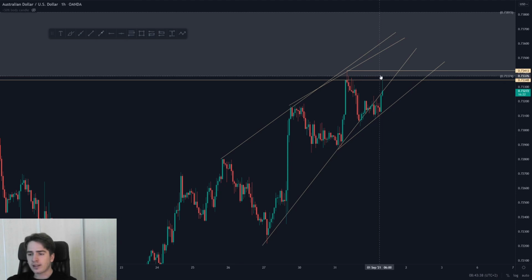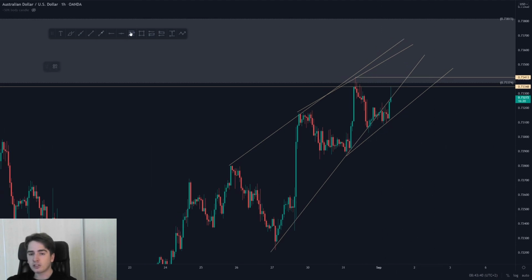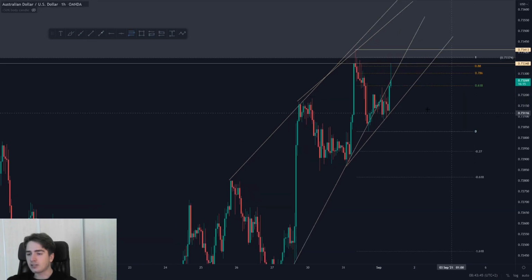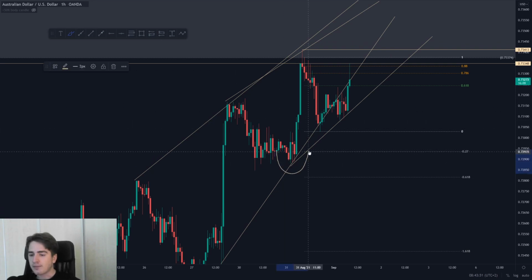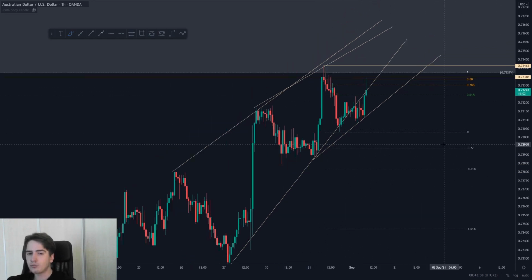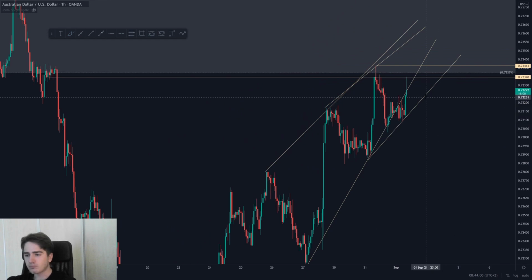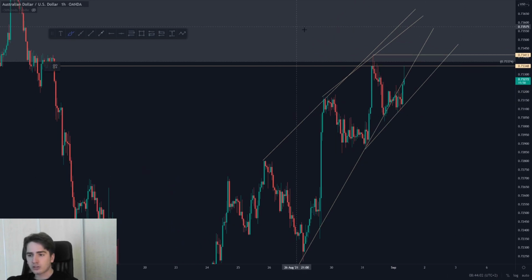So currently just waiting for that swing high. It doesn't need to get reached because essentially we do already have this Fibonacci set up over here. However, this is lower probability for me because we haven't seen a lower time frame trend switch, in the sense that we haven't broken this low down below over here. Therefore, I wouldn't be interested in this specific fib setup because you are still in an uptrend on that lower time frame. So for shorts, I'm just going to be waiting until Aussie dollar at least reaches this swing high.